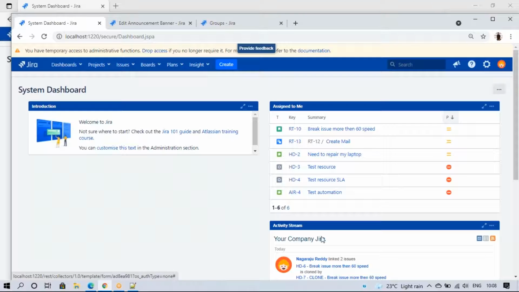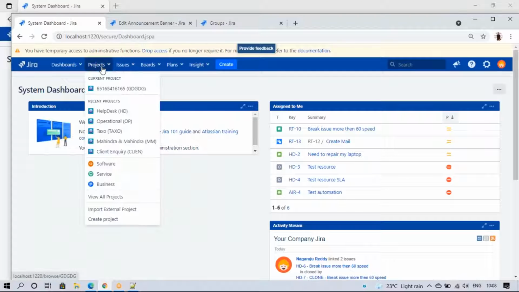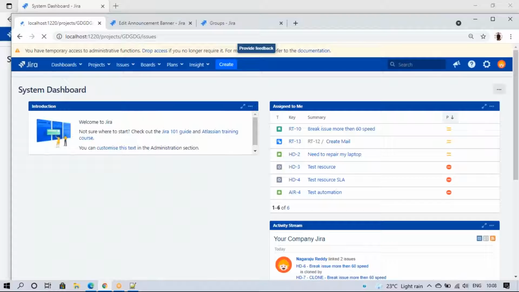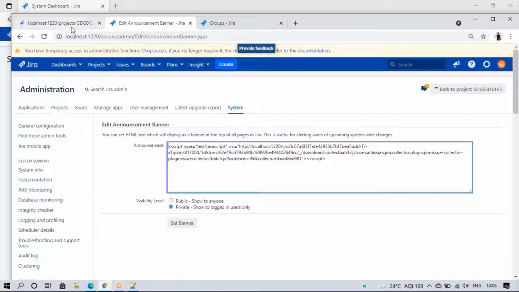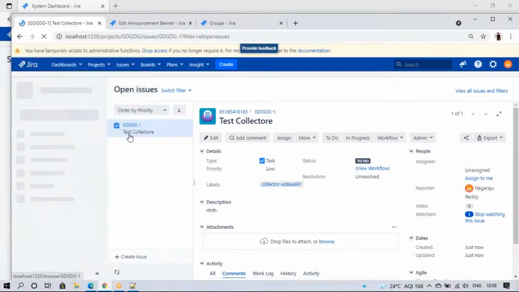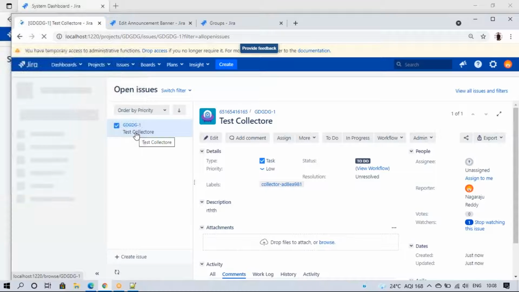Where will it come? This is related to which project? This project. I created this issue collector in this project. So the ticket will be created in the project I've created it in. See, issue collector, the ticket is created.